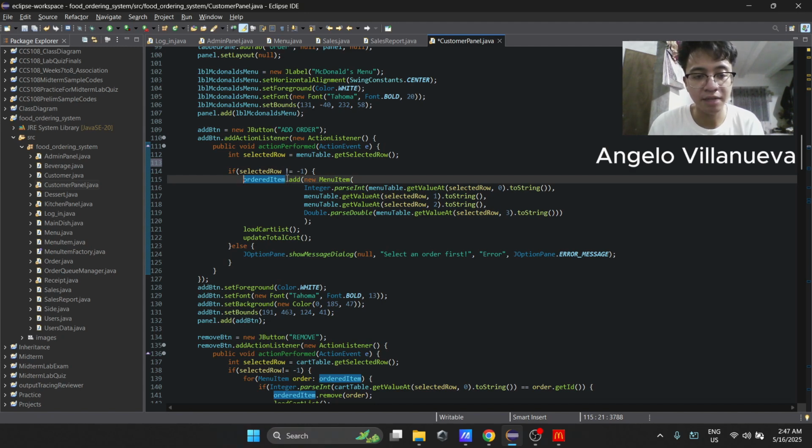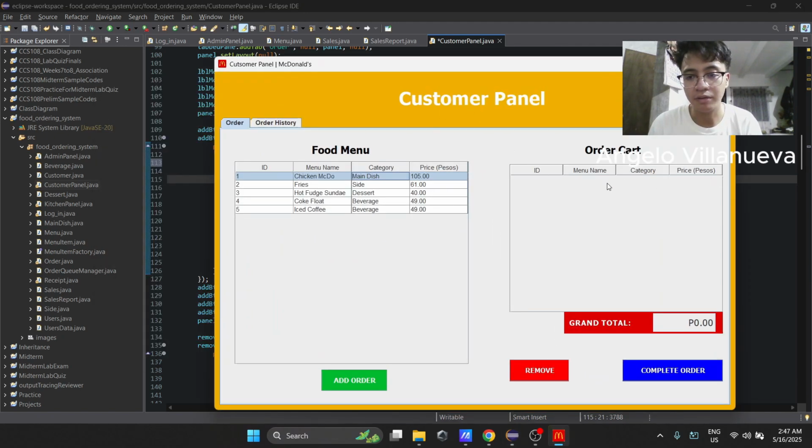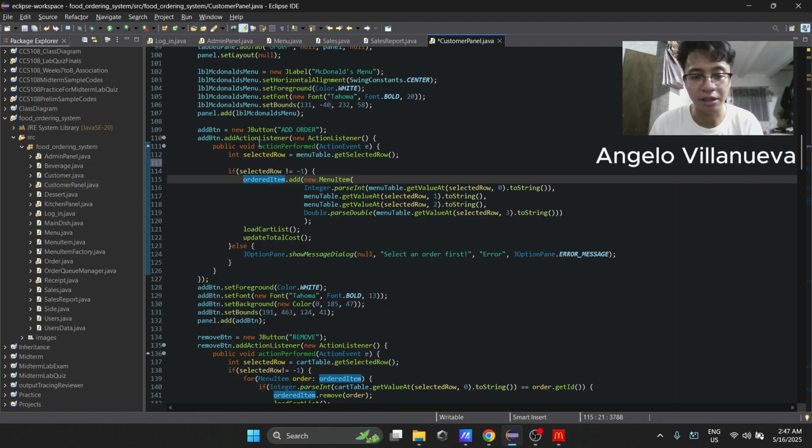The ordered item array list is essential for displaying our chosen menu item in our order cart.